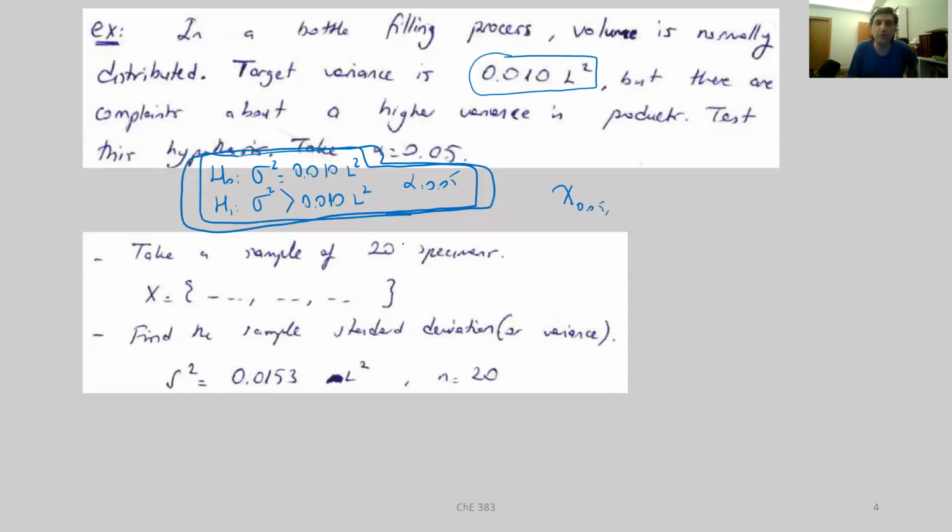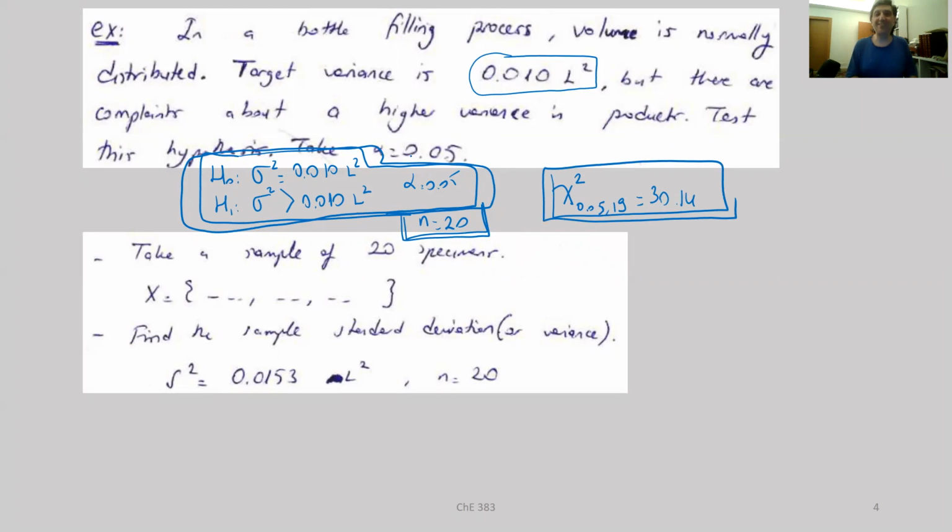And note that we are going to conduct this test. We should also decide that we are going to conduct this test with 20 observations, items. So we are going to need the chi-square value at 0.05 significance level with 19 degrees of freedom. And if you read from the textbook, it is going to be equal to 13.40.